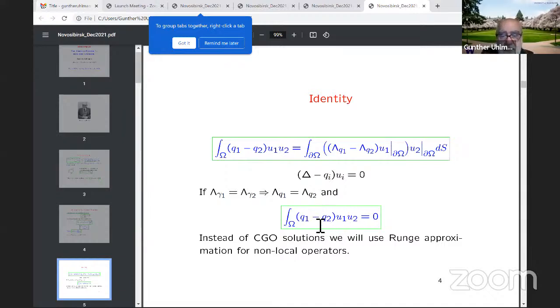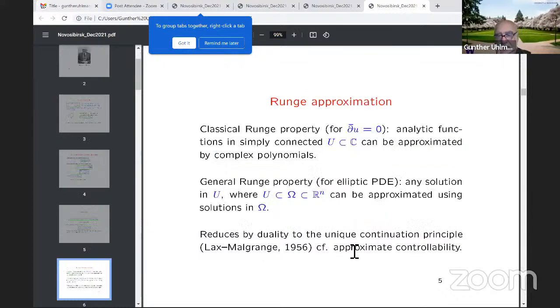Okay, so I'm not going to describe this in detail, but instead we're going to use a different property, not CGO solutions, which are very difficult to construct for the fractional Laplacian, but the Runge approximation. The classical Runge approximation was done for analytic functions. So analytic functions in the complex plane can be approximated by complex polynomials. And this was greatly generalized